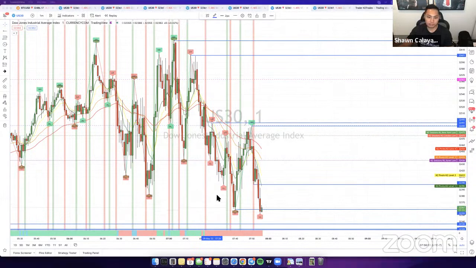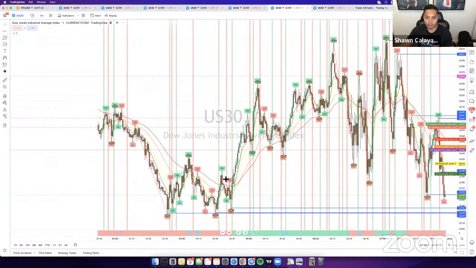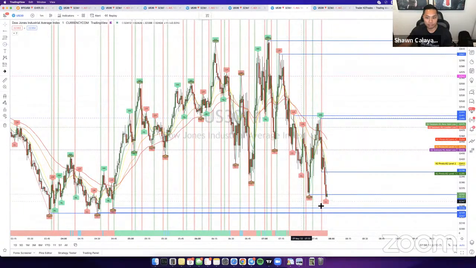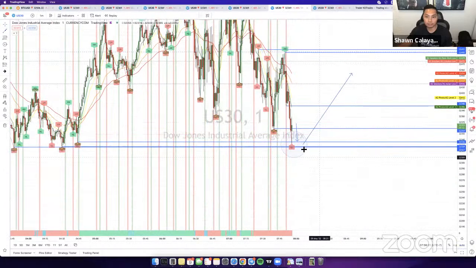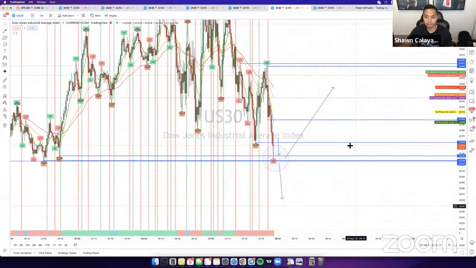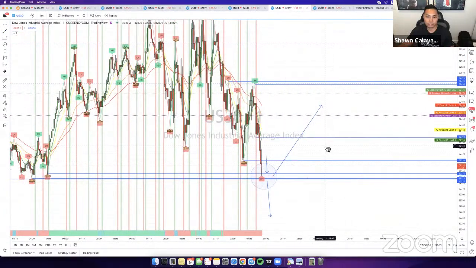All right, guys, it's getting close to 8, so I have nothing else to cover right now. What I expect here is price to drop even further. I can see price might push lower and hit this area of liquidity. And there it is, it's hitting liquidity, right? I'm expecting it to possibly bounce back up or drop further. Two different scenarios can play out here. It'll probably drop further or it'll bounce back up.